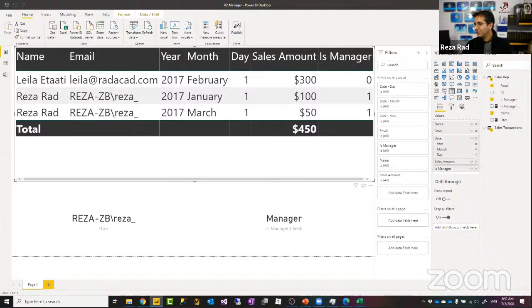Another question from Prashant. I want to compare my sales to the average of the team, but also the average of all other teams. How can I do RLS? Very good question. That is one of the patterns I'm not going to talk about today, but I'm giving you a highlight. How does it work?